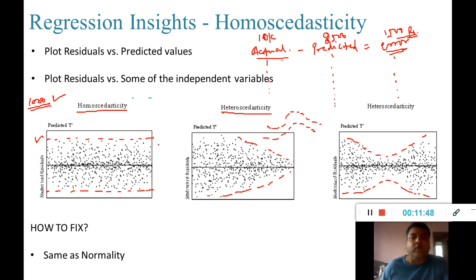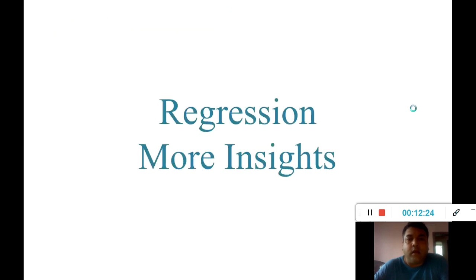But what we need to have is a constant variance. The boundaries accumulating the errors on both sides should be at almost equivalent distance from the mean of the errors. This is the definition of homoscedasticity. We call our model good when we have such an error plot. If we are getting error plots like the other one, then it is called heteroscedasticity, right? All right, then let's get into the case study.